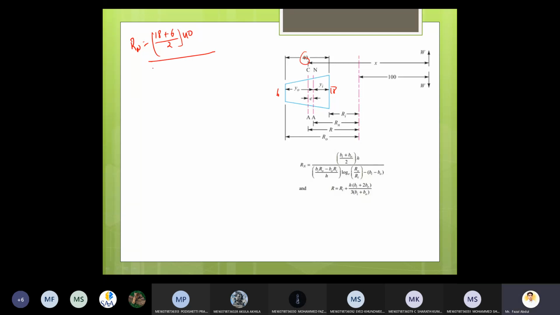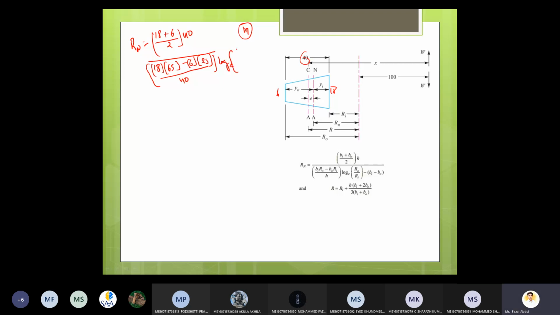Bi, Bi 18, R naught. R naught how much? Just now we calculated, that is 65, minus B naught is 6, into Ri. Ri how much? The question itself is given, 25, by H value 40, into log. In the calculator, don't substitute this log value, use log e. In the calculator, if you press the ln button, you will get the correct answer. Don't press the log button, press the ln button in the calculator. Okay.